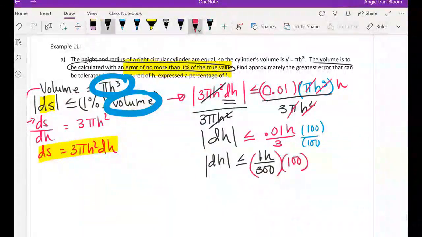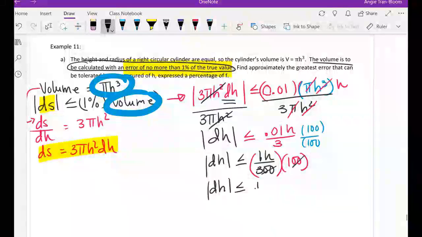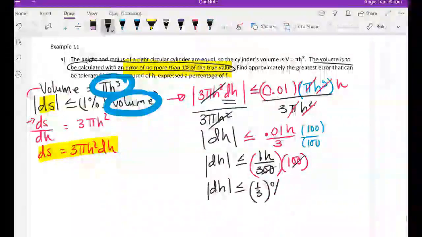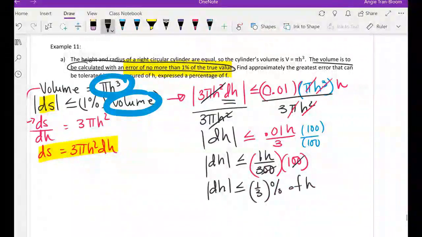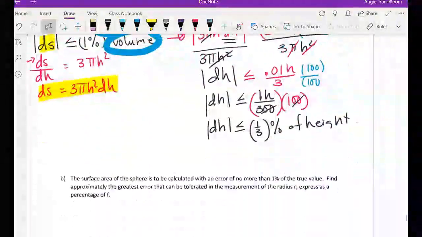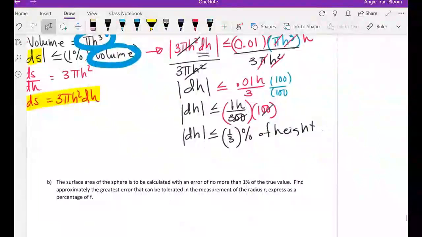So if I multiply by 100, the change in h cannot be, cancel out the zeros, so 1/3 of a percent of h. And what is h? H is the height, okay? So now let's spell that out. We are going to say the height